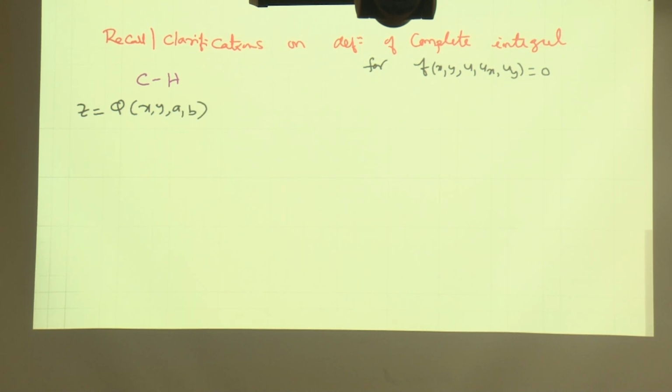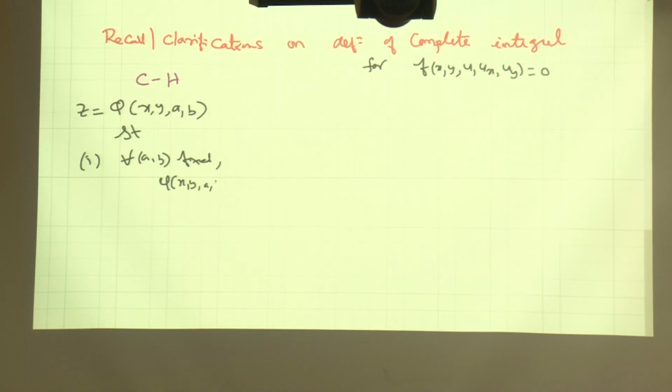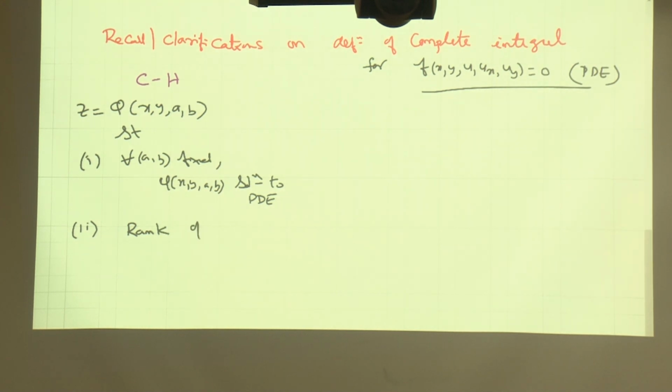Right? Of course, smooth. Such that the first thing is, for every fixed parameter value, phi of x, y, a, b should be a solution to the PDE. When I say PDE, this is the PDE. Okay? The second one was a rank condition. Rank of a certain matrix is equal to 2. And that was phi_a, phi_xa, phi_ya, phi_b,